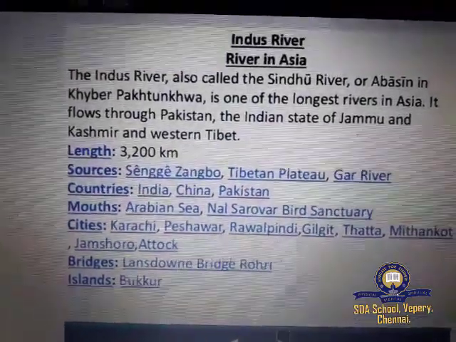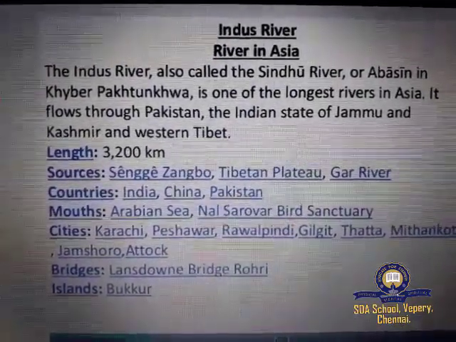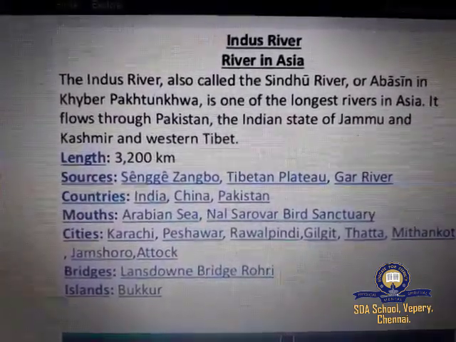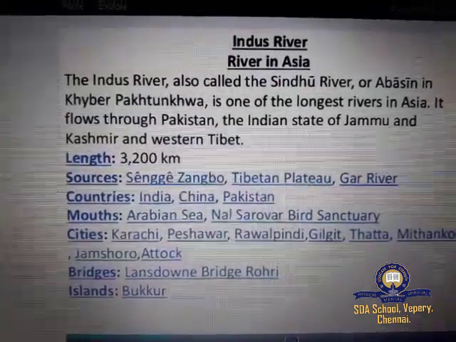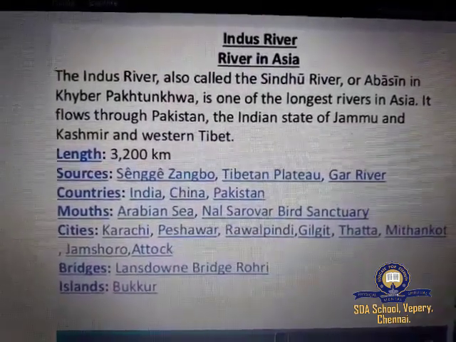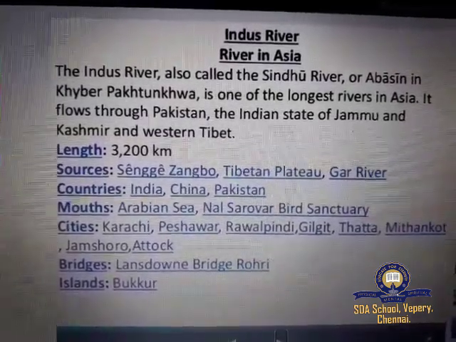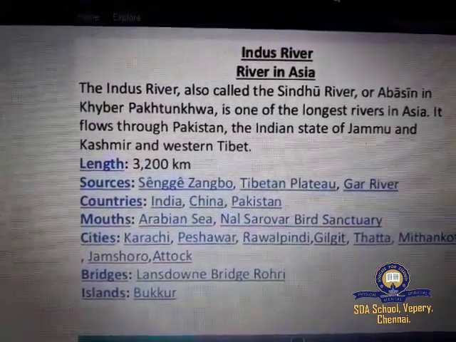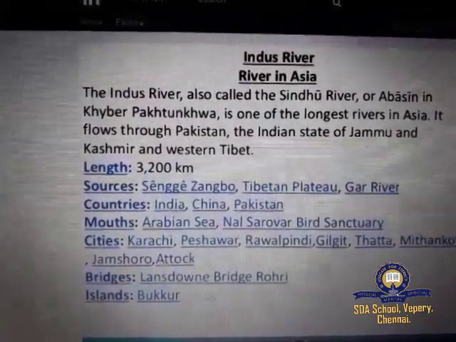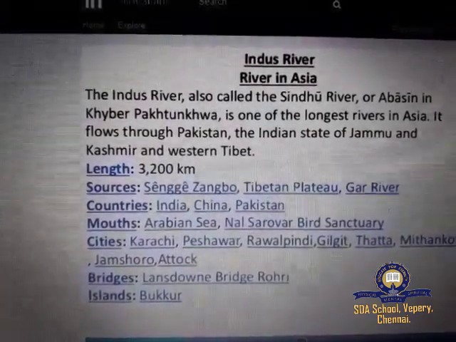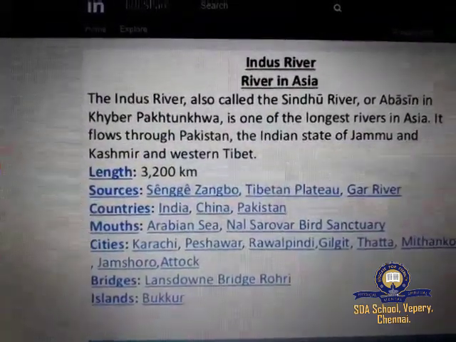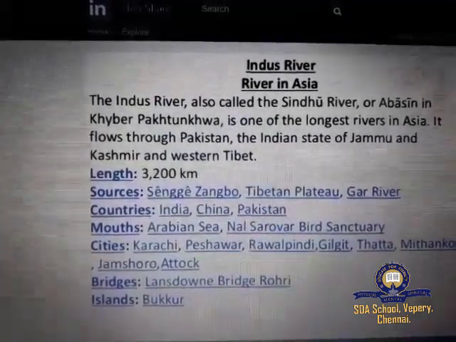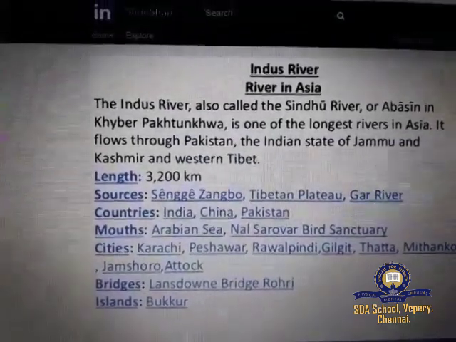The Indus River system. The Indus River is one of the largest rivers of the world. It originates from the northern slope of the Kailash range in Tibet near Manasarovar Lake. The river runs through Jammu and Kashmir, turns south near Chilas and enters Pakistan. Its major tributaries are Jhelum, Chenab, Ravi, Beas and Sutlej. It merges with the Arabian Sea.